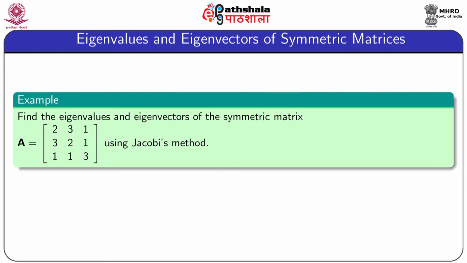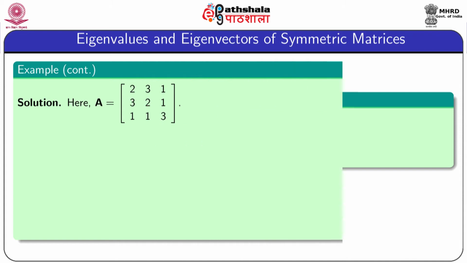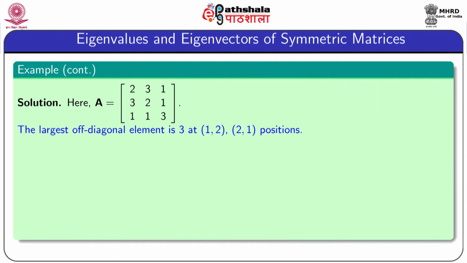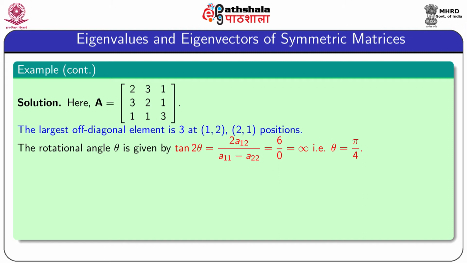Now, we consider an example to illustrate Jacobi's method to find all eigenvalues and eigenvectors of a real symmetric matrix. So, this is a real symmetric matrix of order 3 by 3. The largest off-diagonal element is 3, which is present at positions (1,2) and (2,1). Therefore, the first rotation angle theta is given by the formula tan 2 theta equal to 2 into a12 by